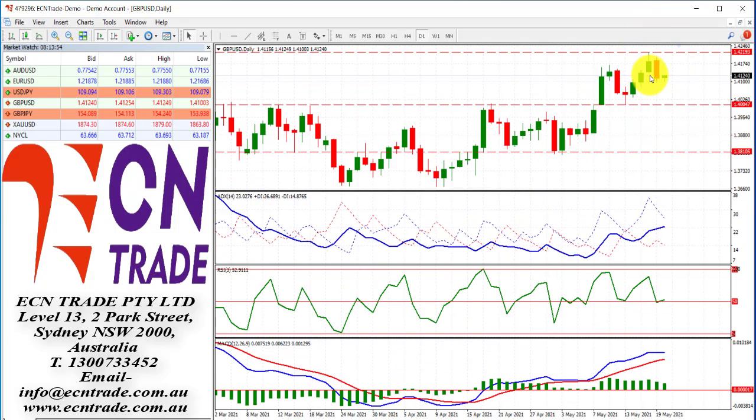Like the euro rejecting the top side of the 122 region, the pound clearly didn't like being above 142, and from the rejection has put a little bit of a negative play into the European session. However, keep an eye on this RSI. It does seem to be holding relatively well for some time now above the midway point, especially from that rebound from 138. So there's still a little bit of work to do to the downside, and it needs to break the 140 figure to get that bear case rolling on down to 138. Otherwise, we could see a retest to the top side around that